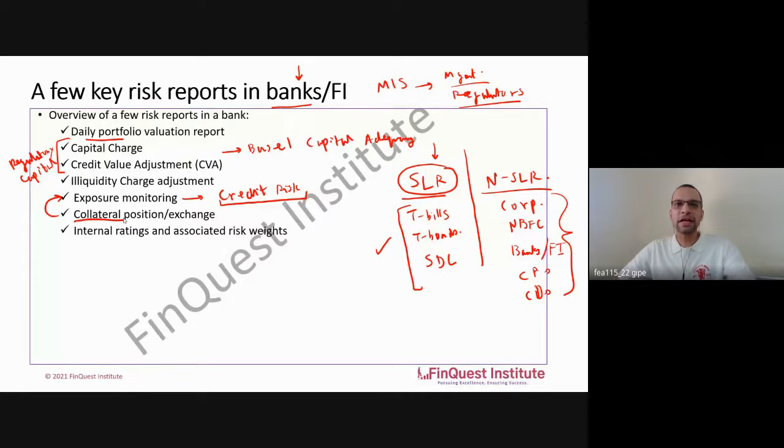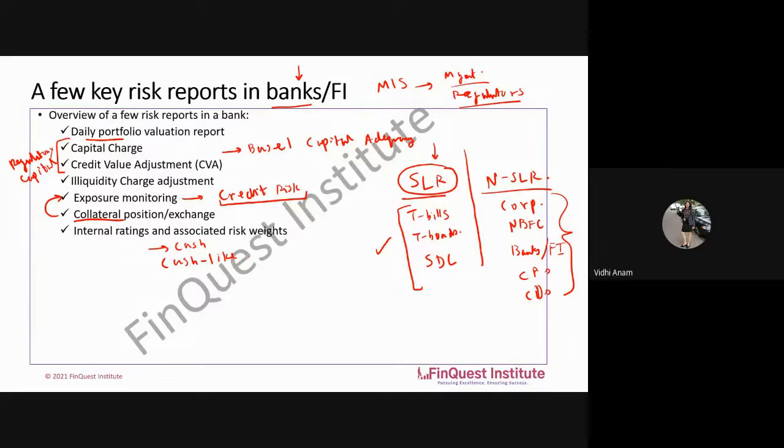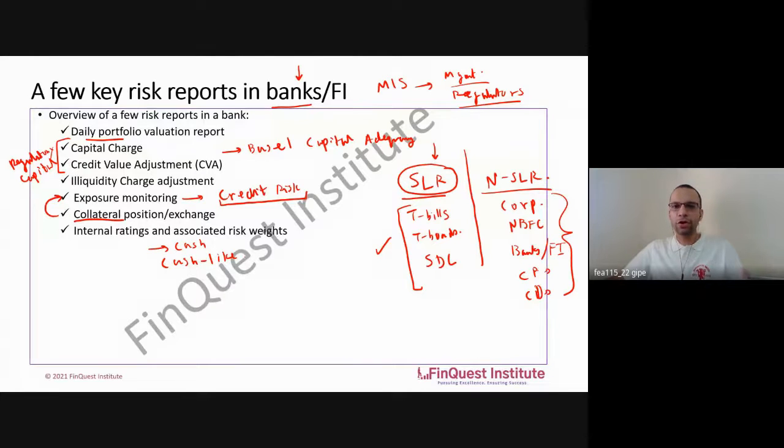So when I say a cash-like collateral, what do I mean? What could be the meaning of cash-like? So one is cash. This is easy. It's directly a fund transfer which your back office will do amongst each other. But there's something which we call cash-like type of assets as well. So what could be those? The ones which are very liquid, typically the bills or gold. Correct. So not really gold as such, but yes, government securities.